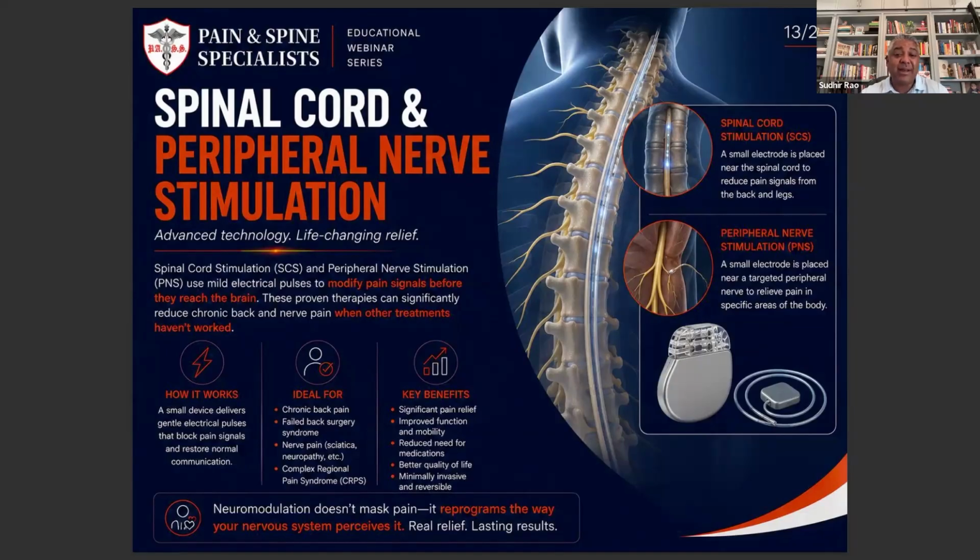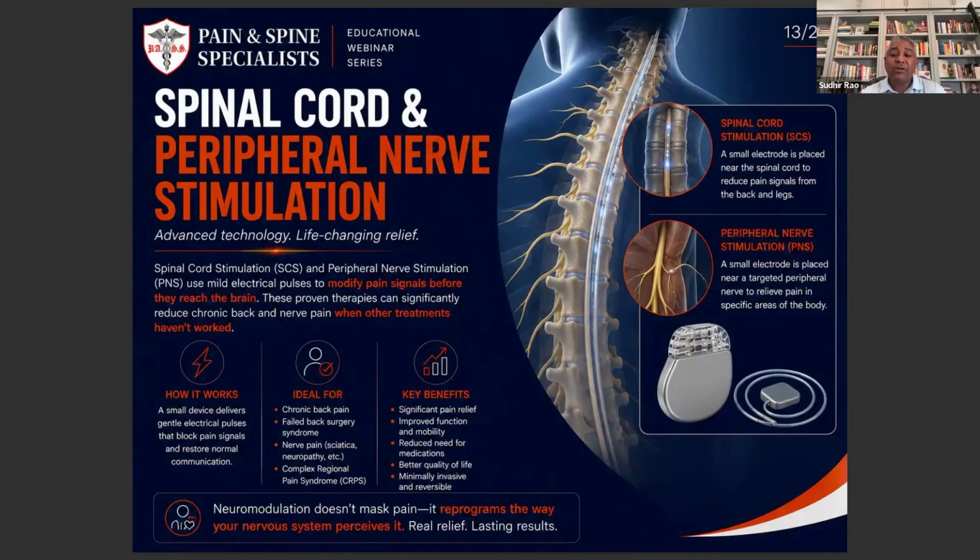So it's great to now see that the insurance companies are also agreeing that this is a reasonable next step, especially for such a condition that causes so much pain. So for patients who have failed Neurontin, gabapentin, Lyrica, Cymbalta, or other nerve medications, stimulation in general is a great